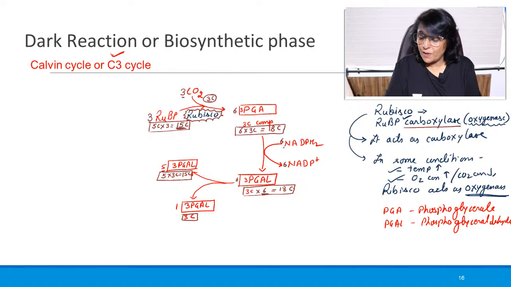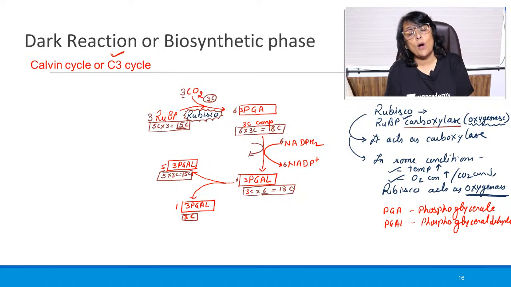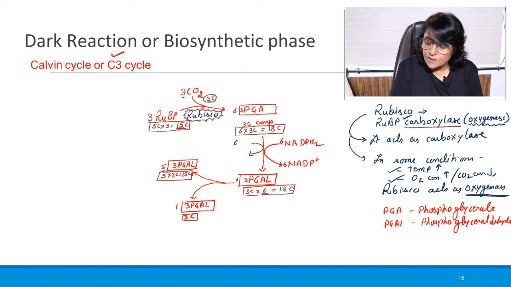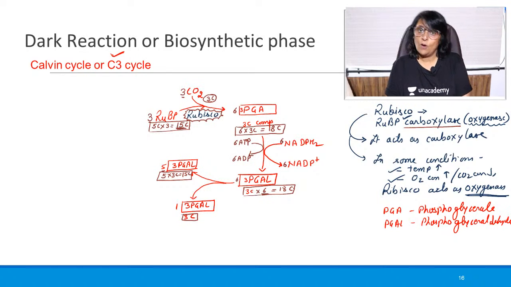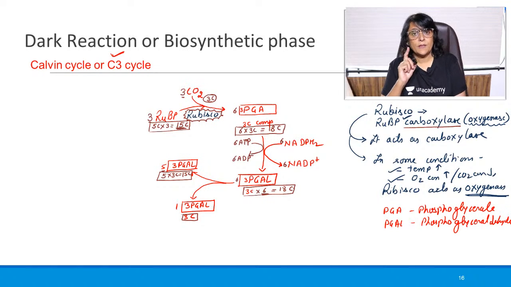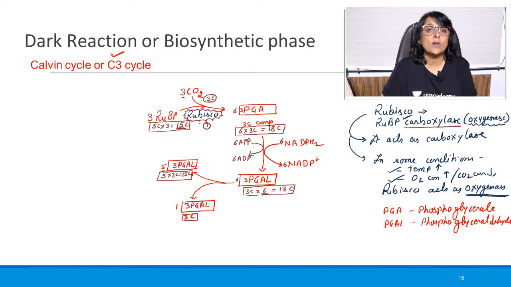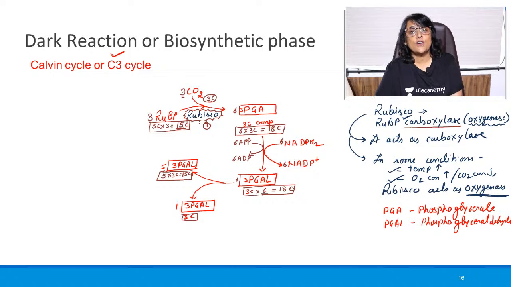And in this particular pathway, ATP is also required. Energy, because old bonds are to be broken, new bonds are to be made. So here 6 ATPs will be required and we will get 6 ADPs. Okay, so far what has happened is step number 1. This is our step number 1, that is carboxylation, addition of carbon